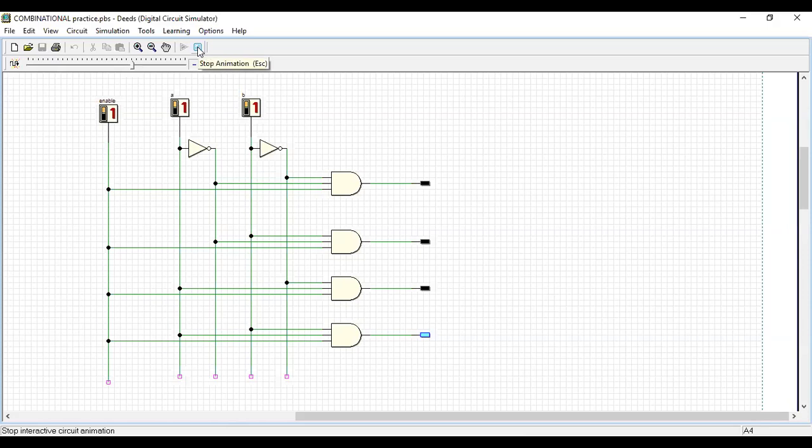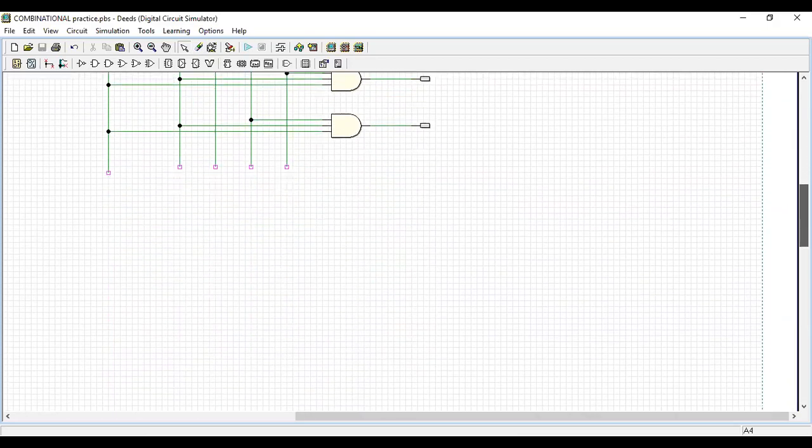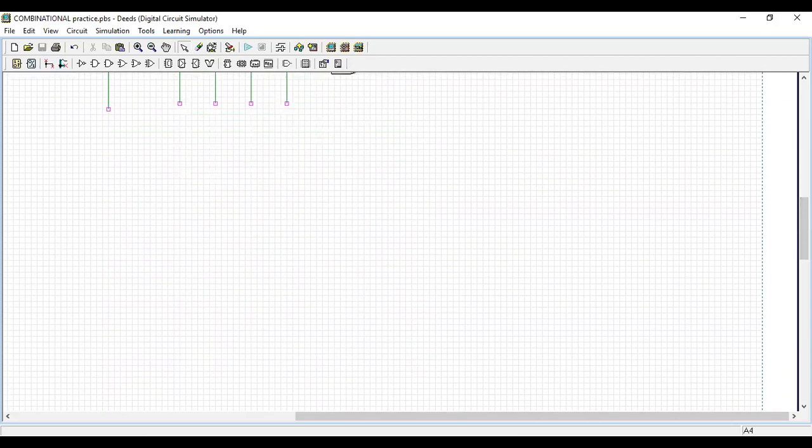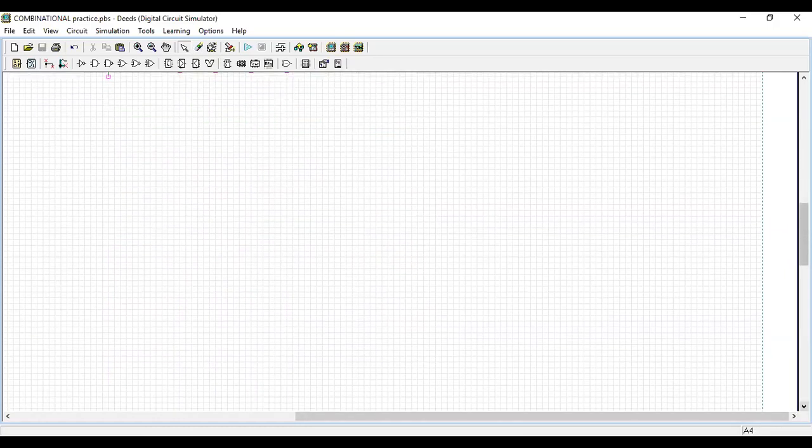Okay, now I stop my animation and I want to do one more thing. It's not IC 74, it's IC 74139. I go to a fresh page. How many inputs did we have? We had 2 inputs and 4 outputs.